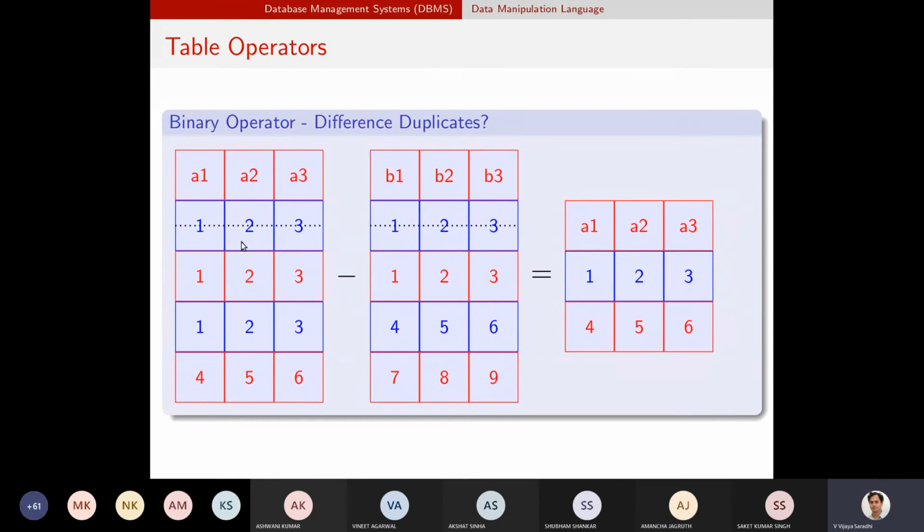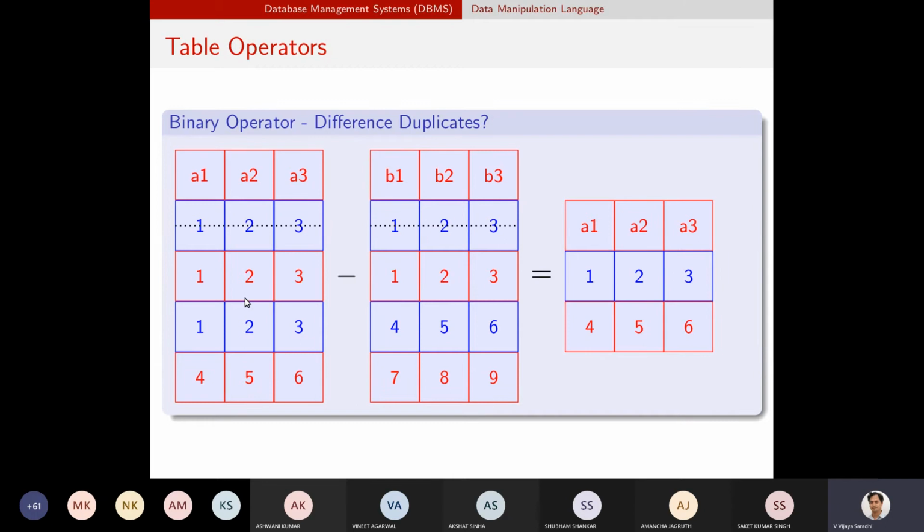So here assume that 1, 2, 3 is repeating 3 times in A. Here in B, 1, 2, 3 is repeating 2 times. Whenever we find 1, 2, 3 in table B, we will remove that instance from both the tables. So 1, 2, 3 is present here, it is also present here, we will remove this one.